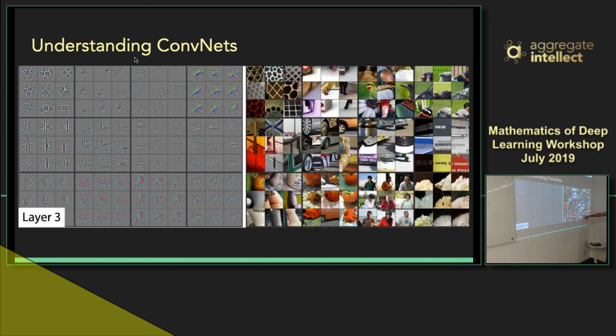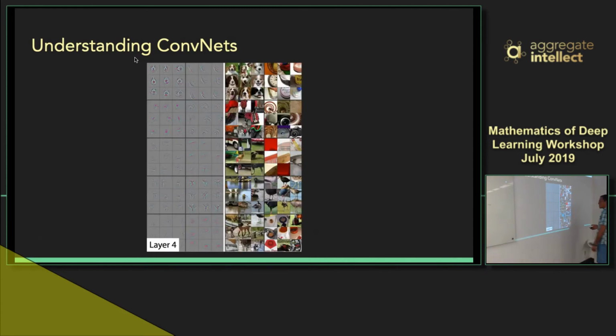We can say there is a face here, and this is where the activation is. And layer 4 starts detecting animals. So it can tell that now I'm looking at a dog, and so it's clustering similar images together because